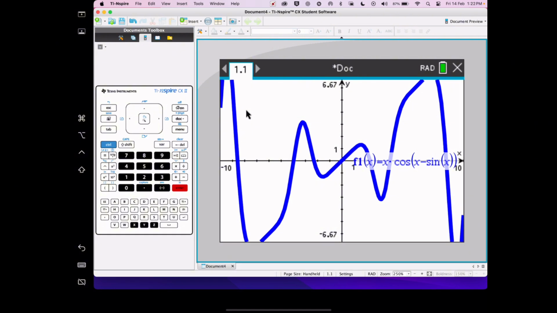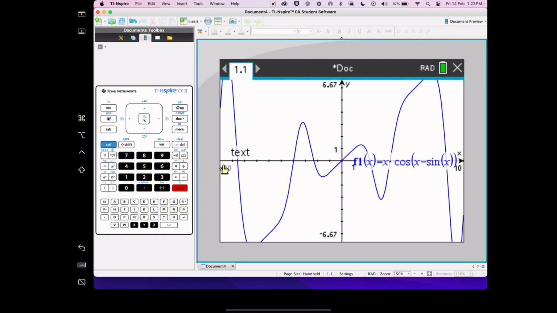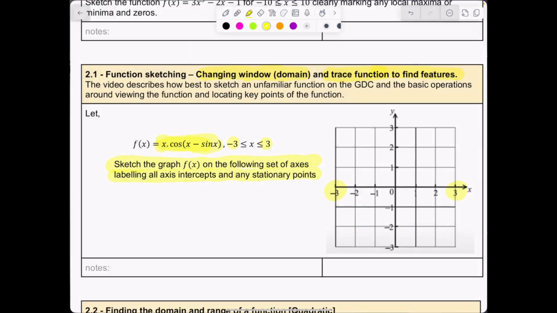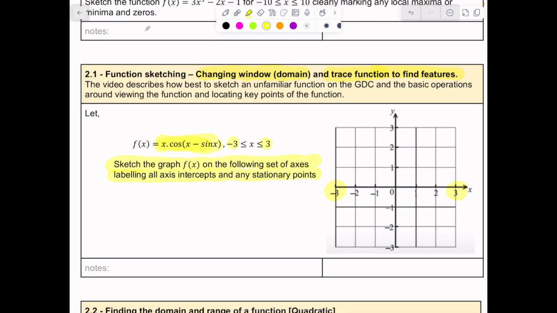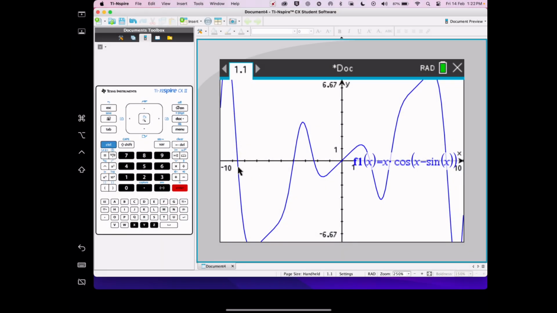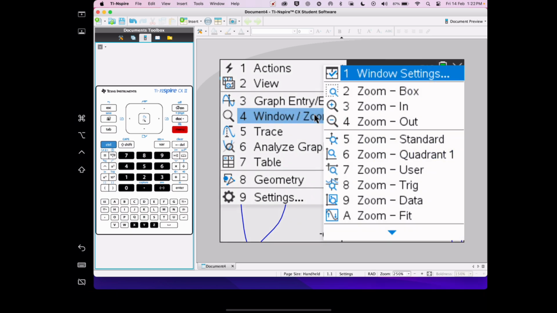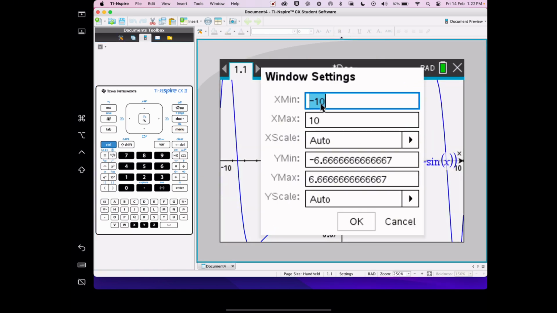Now, it's quite a strange looking graph, but don't let that worry you. So what we're going to do first of all is set the window up. If we look again, remember, it was going to be between -3 and 3. So that's also known as the domain. So we're going to go back to here and set the window up to be -3. So we're going to menu, window zoom, window settings. I'm just going to go -3, sorry,